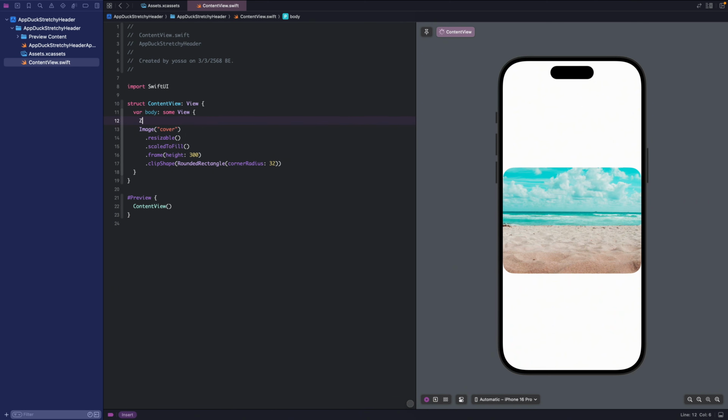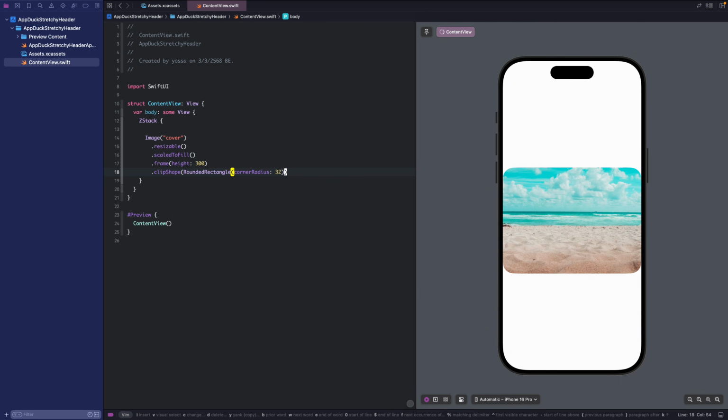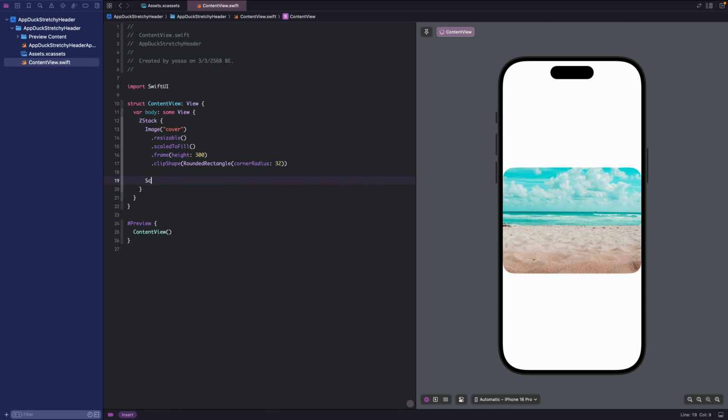Then, embed it in the ZStack. Add a scroll view and fill it with some content.